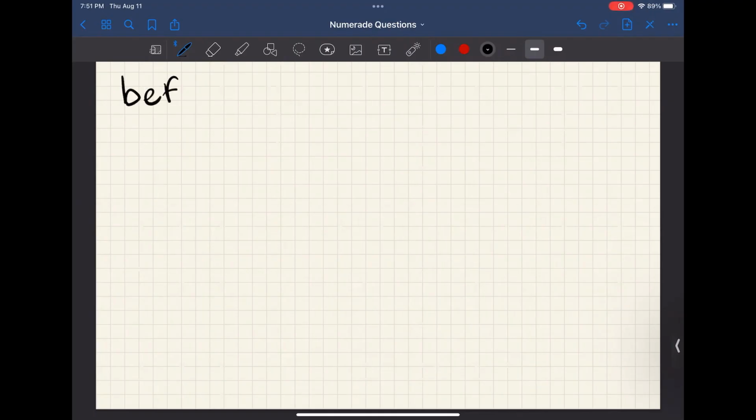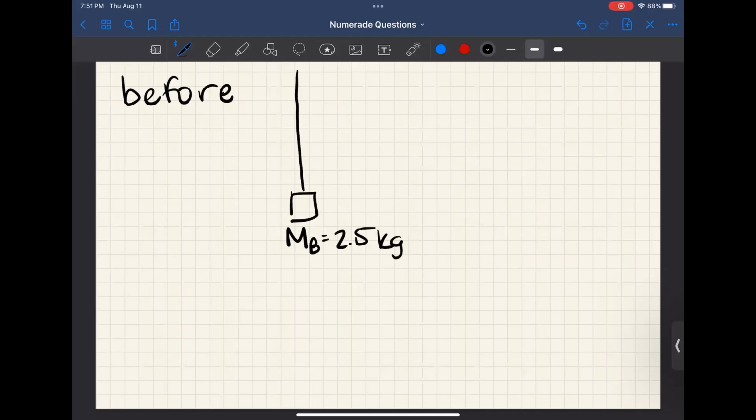First, what happens before? Before the collision, I have a pendulum hanging. It's a block of mass MB, or 2.5 kilograms, as given by the problem. The velocity of the block is 0. And then the bullet is moving forward, right? And it's got a small mass. mb is 0.0042 kilograms, right? We want to make sure we keep our units consistent. And the velocity of the bullet is what we are